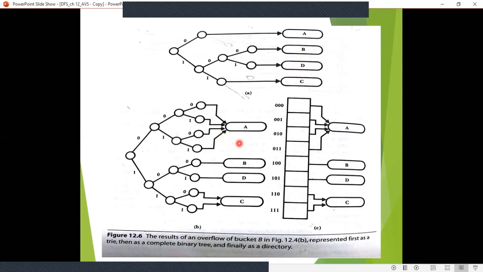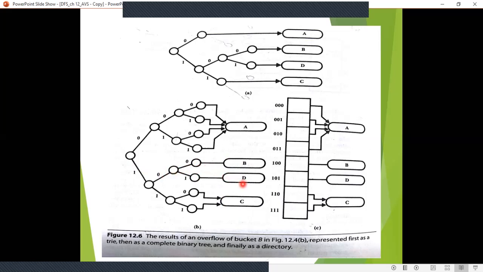Here, see, A is a single bucket, and this C is also a single bucket. If you see these buckets B and D, these two are the descendants of the same node, that is, they have the same path, 10.